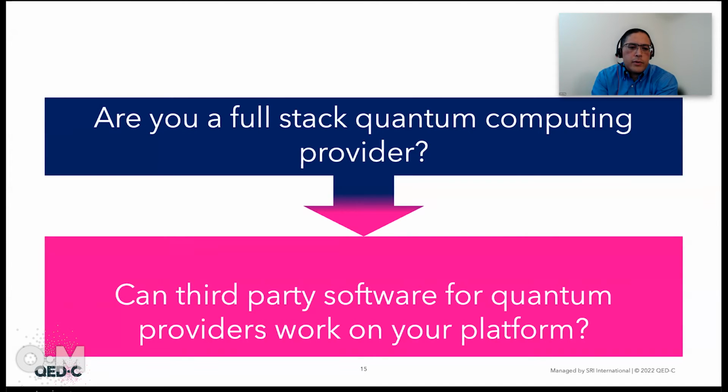And then to the second question, if you are a third-party software vendor and you want to have access to our system, you should come talk to us. We have a partner program. We're definitely interested in working with folks who are developing algorithms and interesting things. And particularly, we're looking for those partners who can help us demonstrate some of our differentiators and do cool things with our unique capabilities.